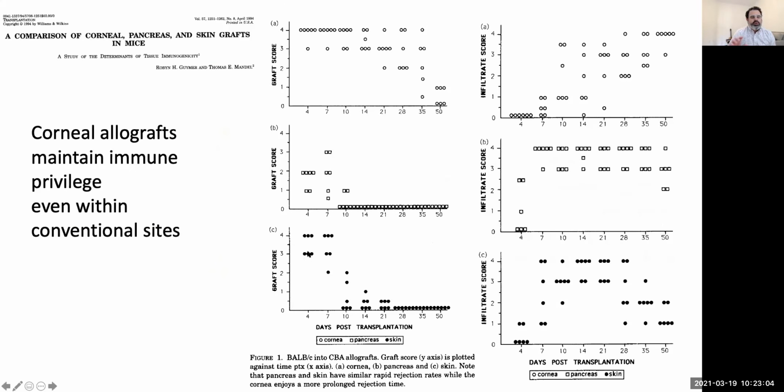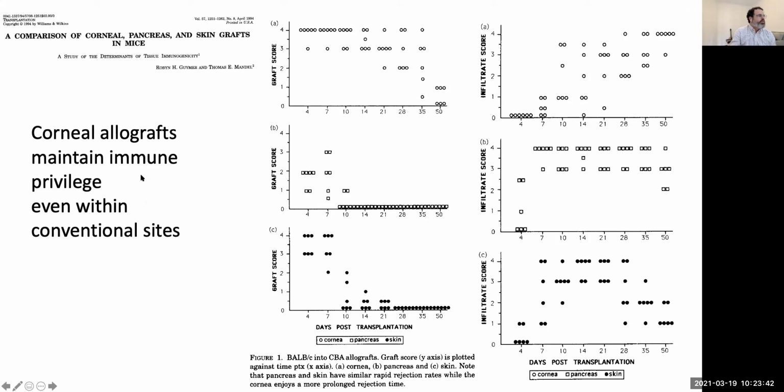Just as a side note, we went through the list generated by Rupert Billingham of immune privilege sites as well as tissues. Remember, a site is where immune privilege has been shown to exist with an allograft. A tissue is both an immune privileged site, but it's inherently immune privileged. That is to say that if you take that tissue and put it in a non-privileged site, it still enjoys privilege. So this is an example published by Geimer and Mendel in